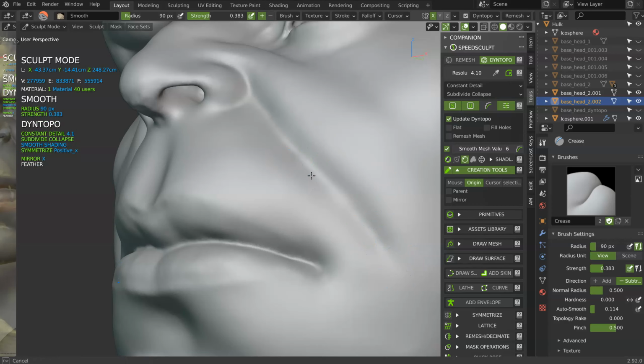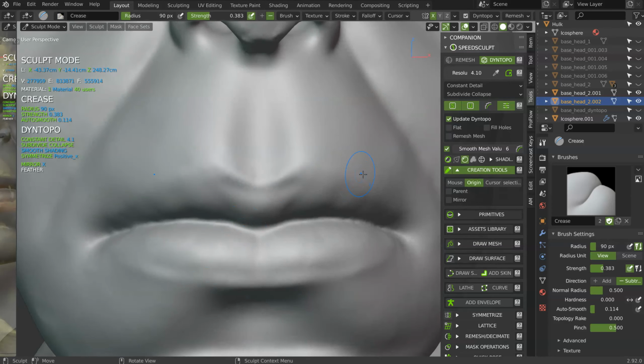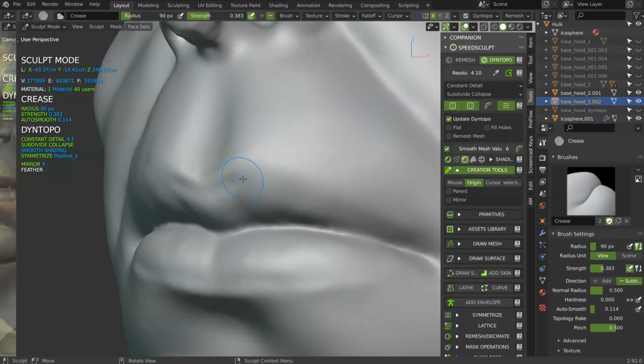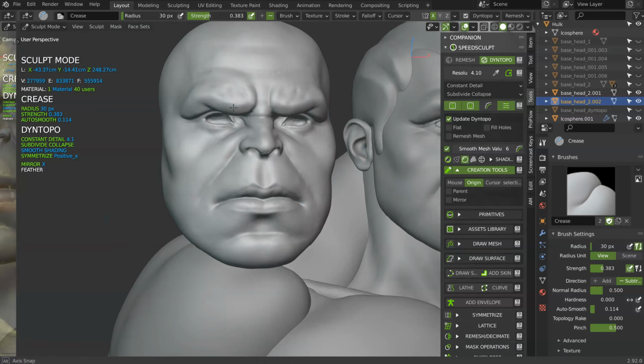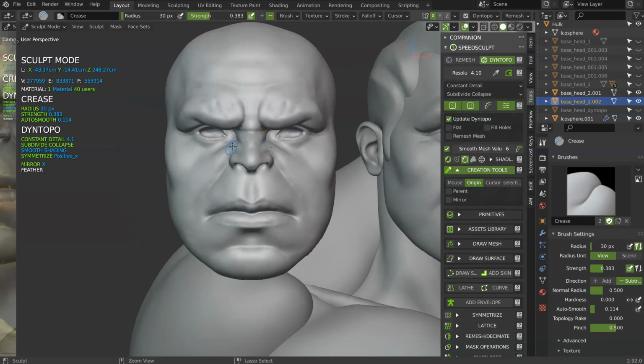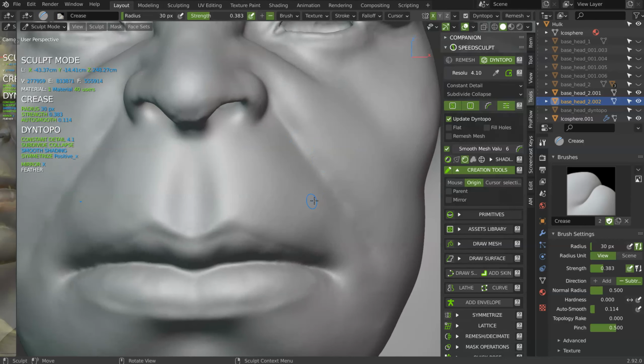I mean, since I smooth a lot of parts here, too big. I have something more natural, less 3D. Let's move this part.